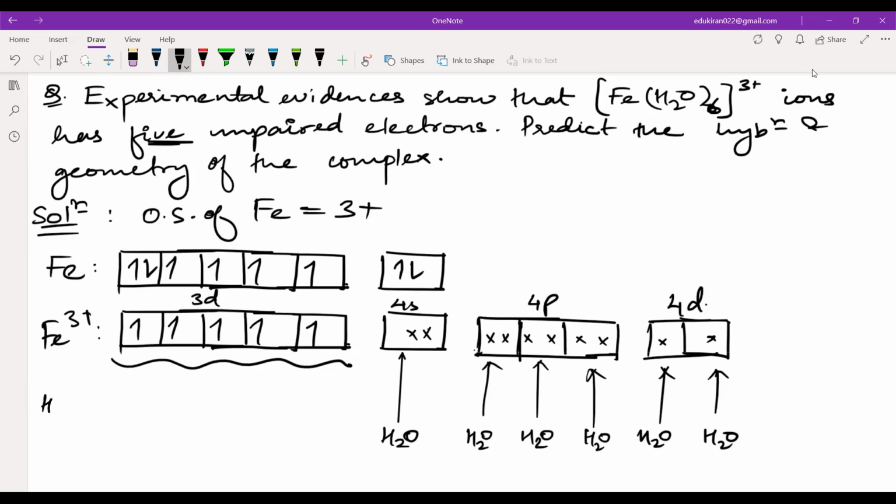So the hybridization is sp3d2. Shape is octahedral. It's geometry, right? Shape and geometry are the same, I mean, for now it is the same, but we will write it as geometry. So why does the d orbital have only one electron? It doesn't have. I have. Okay.